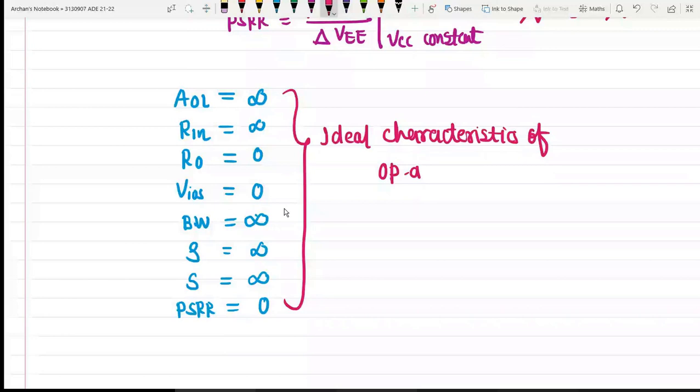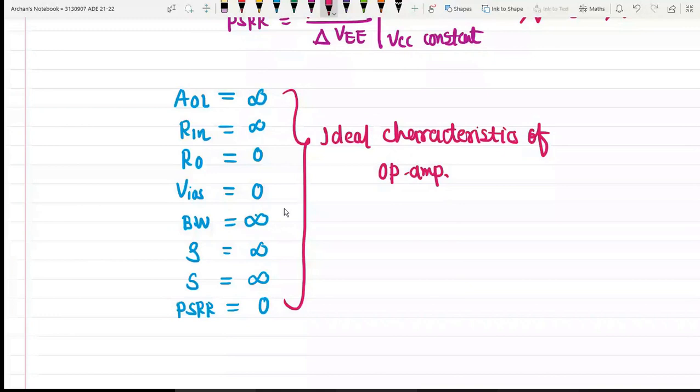Okay. Excuse me, sir. Yes, please. Can PSRR be written as efficiency? Yes, you can also term it as an efficiency, because if we have increased value of PSRR, then it will affect the output voltage. Okay. So indirectly we can call it efficiency, but it is nothing but the rejection ratio of the operational amplifier basically,